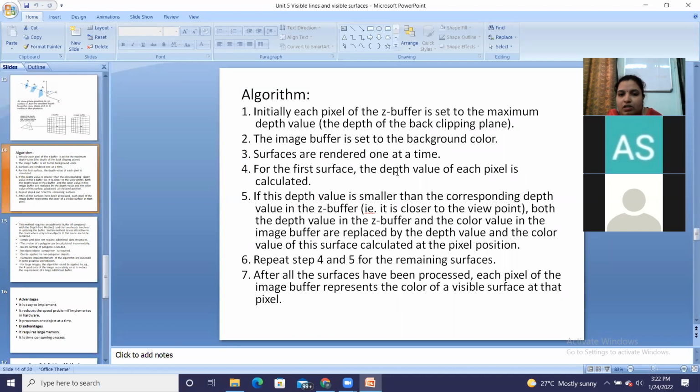So for the first surface, the depth value is calculated. If the depth value is smaller than the corresponding depth value in the Z buffer,